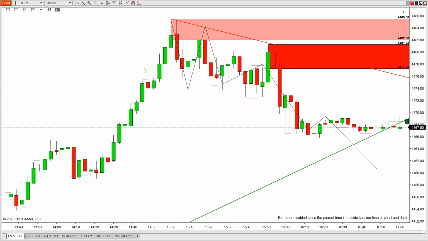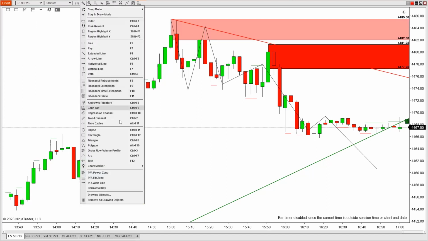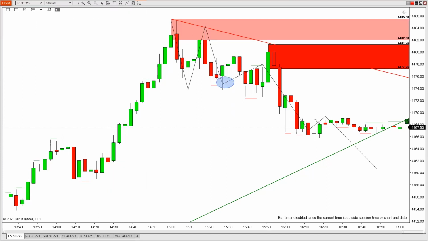So I said, yes, I'm going to try to grab that towards the end of the day. Perfect timing for the session, but we don't always get what we want, right? So here's what happened. You can see that I literally drew this in, okay? And this remains. From this part forward, I had no idea what was going to happen. But essentially, this is where I started the trade. Okay, so that's where I was interested in that.